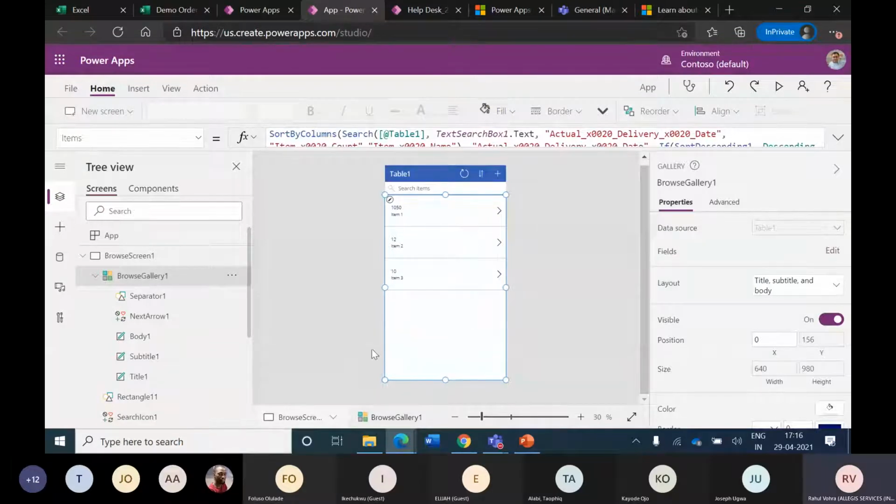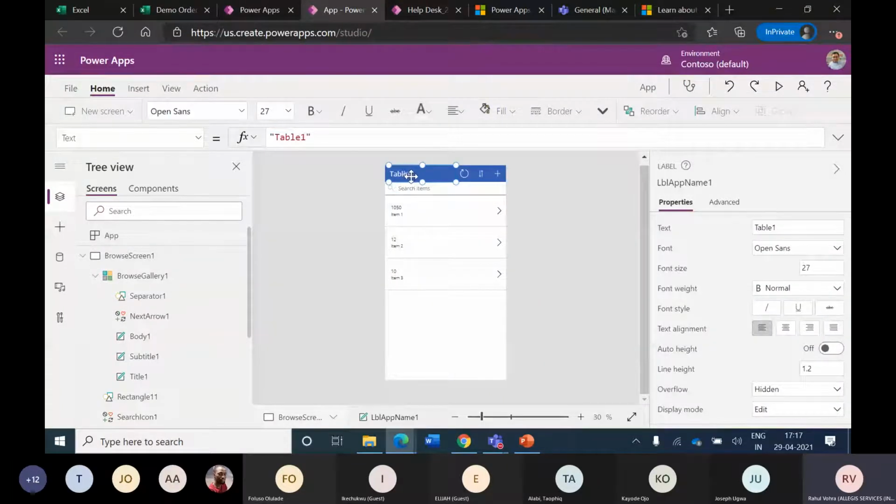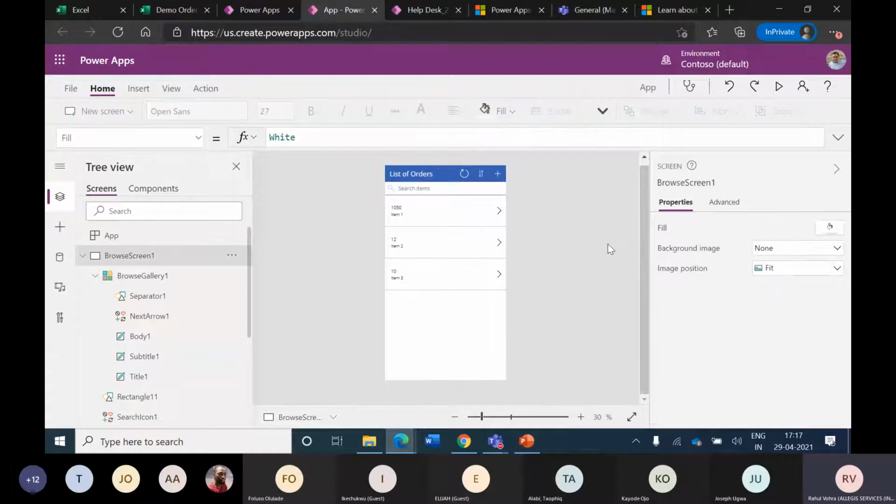This is the gallery which is showing me all the content. And if I click on the title, as you can see, there is a text header, Table 1. I can always change it to List of Orders. Now this is so simple, just making changes in a dialog box and my app behavior, look and feel changes. So this is the case